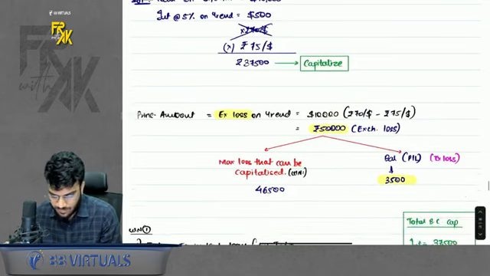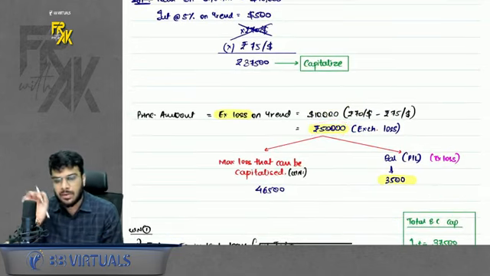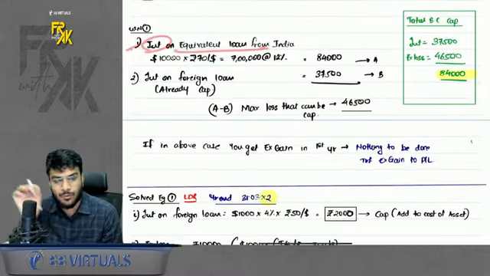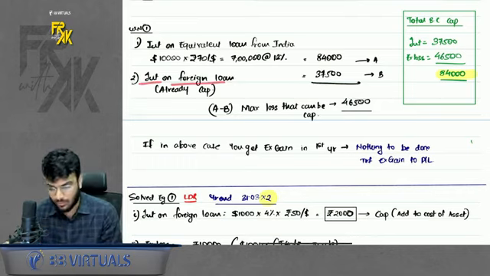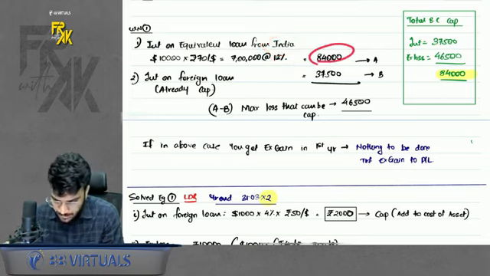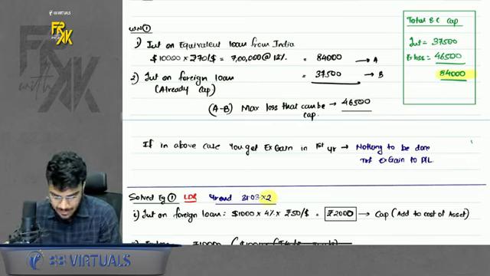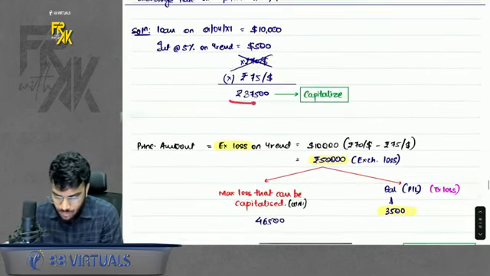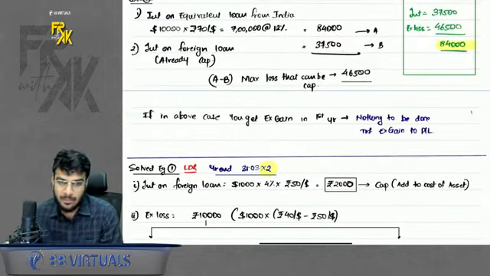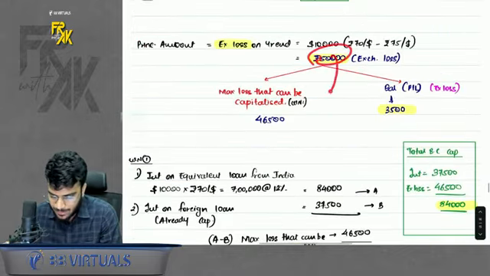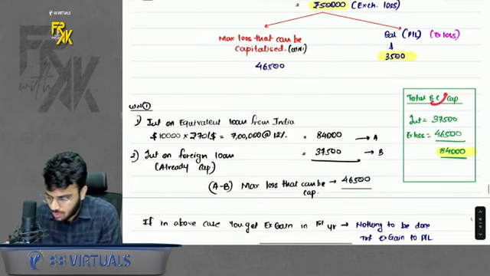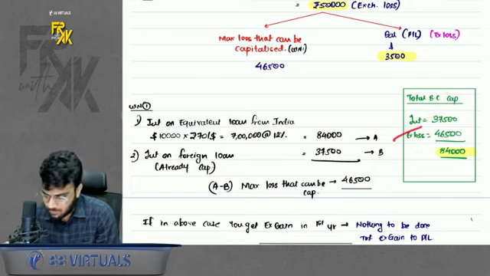You are incurring a loss of 50,000. Now out of this loss, some amount is allowed to be capitalized. How much? Calculate two amounts. First, interest on the equivalent amount of loan from India. Second, interest on the foreign loan. If you took the loan from India, you would have incurred an interest of 84,000. Reduce the interest already allowed to be capitalized. Can I say this 37,500 was already allowed to be capitalized out of this much? Reduce it, and you'll get a balancing figure. This much exchange loss you can capitalize. So out of 50,000, I can capitalize 46,500 of exchange loss. The balance loss will be transferred to P&L. So how much total borrowing cost did I capitalize? 37,500 plus the exchange loss.